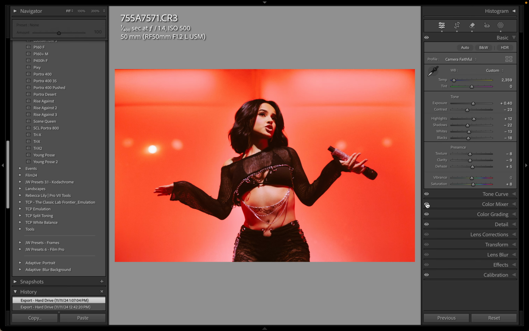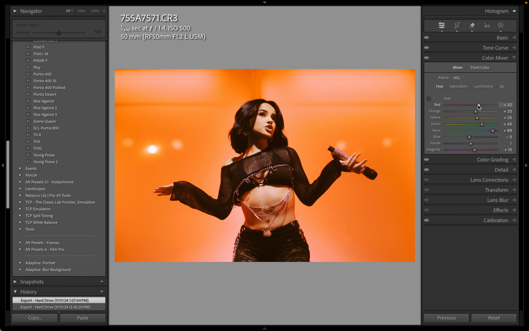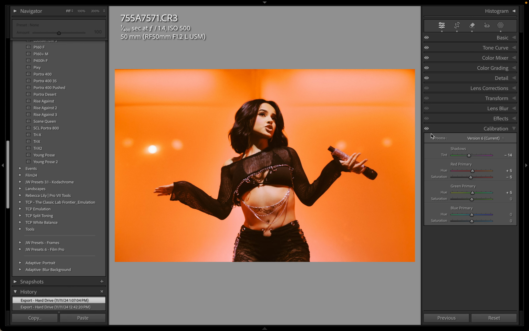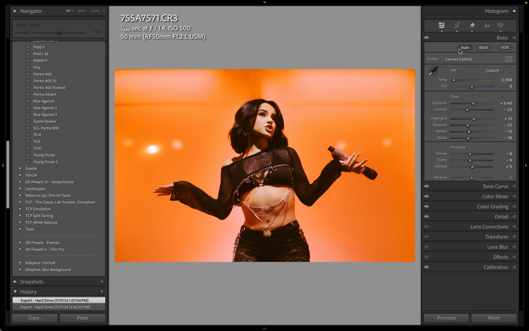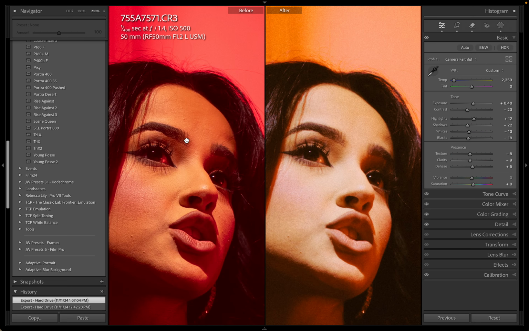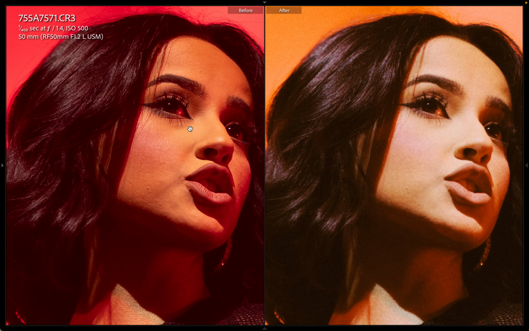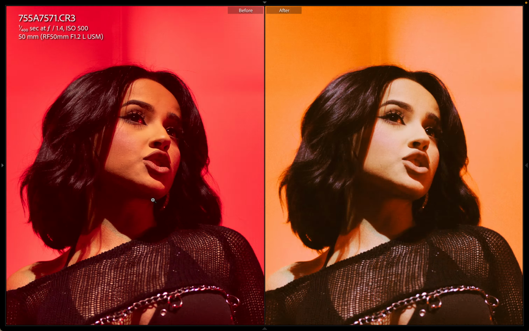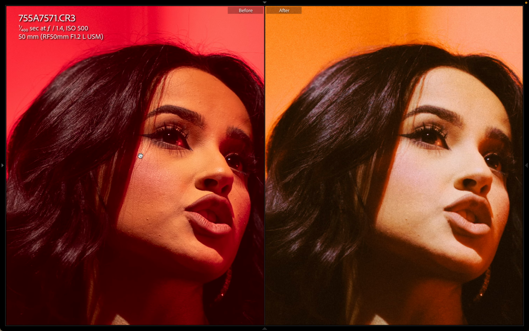Same with the color mixer. Again, I boosted that hue channel up a lot, and then calibration brought out some of that pink back to the yellow as well. There's a lot of green in the spotlight, which you can kind of see in the before here on our skin tones. So the mix of red and green light was kind of hard to work with and took a little more work than normal at this venue. And then these were just the same settings.